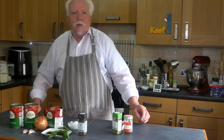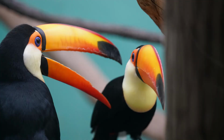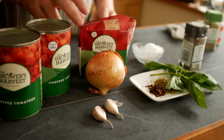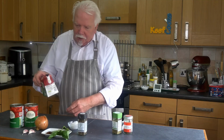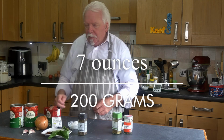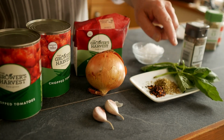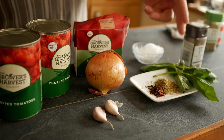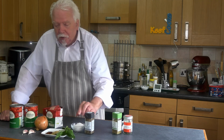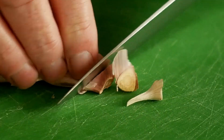Now I'm going to make the sauce first because that takes longest. So I've got 2 cans of chopped tomatoes, a medium onion, 2 cloves of garlic, some passata. I'll use about 200 grams of that, or you could use a couple of tablespoons of tomato puree, half a teaspoon of chili flakes, a teaspoon of oregano, and a small handful of fresh basil, and ground black pepper and salt to taste. So first thing to do, crush the garlic,